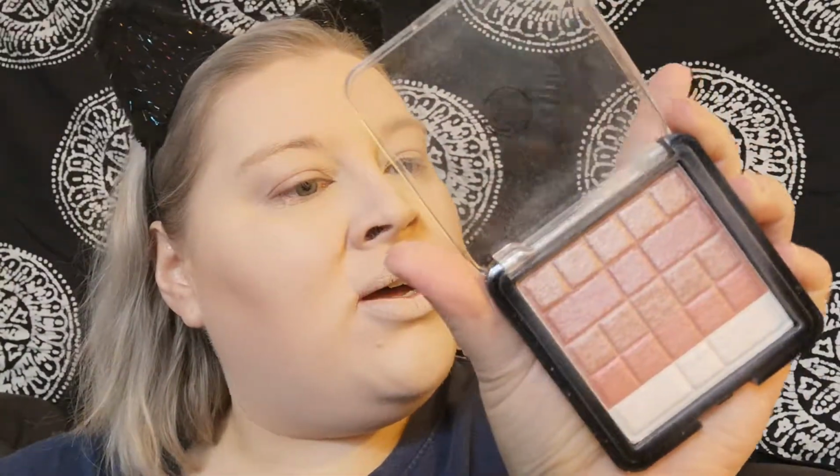Right, I go between these two brushes. If I'm using the SUPERSTAY, I use this Kabuki brush from Body Shop. If I'm using anything else, I use the softer powder brush, which I need to get a few more of because they're just awesome. It's brilliant for everything. Right, this is the Body Shop Shimmer Waves Brick thing in 02 Blush. This is the nicest highlight. It's a really soft pinky highlight. It's so nice. I'm not going to use it today for highlight because I haven't got my highlighter. It's in my bag. I'll use the one from the kit that I'm going to use for my copper eye